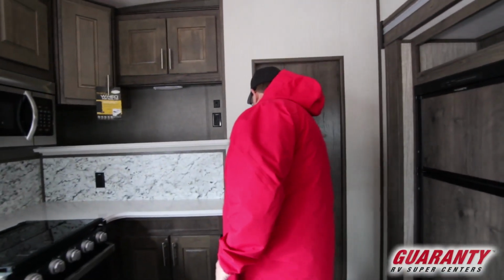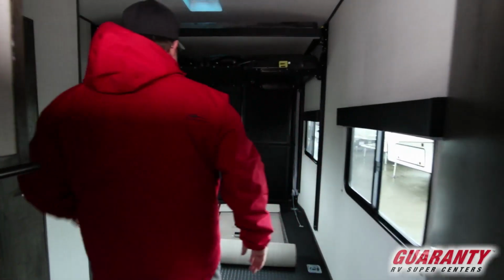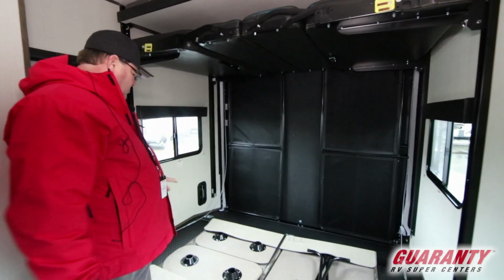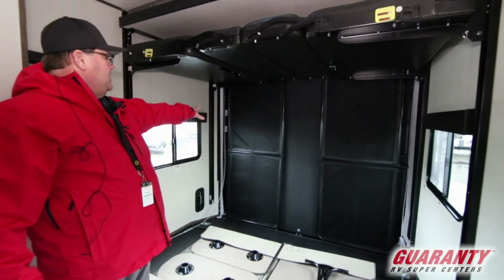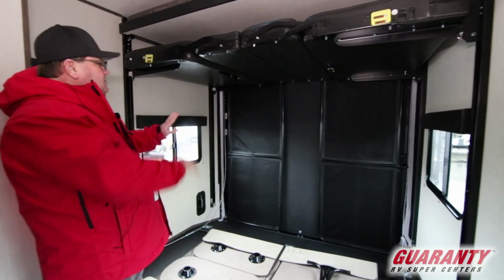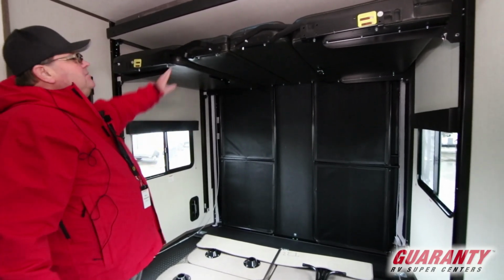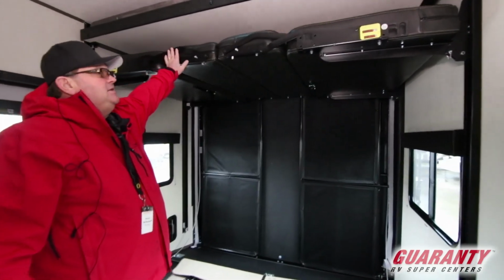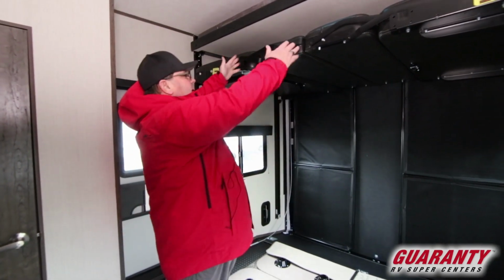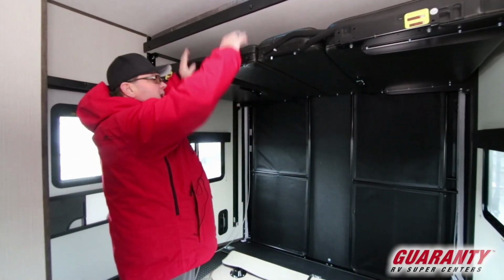And back here is the garage. This one in particular has your portable tables that go in the holes. And then you've got your ramp door. It actually has a slider cover to keep the bugs out. Double bed. This makes into a couch, sits down sideways. You got lots of height for getting a razor. Actually, these flip down to the side so they unpin, so you got plenty of height to fit